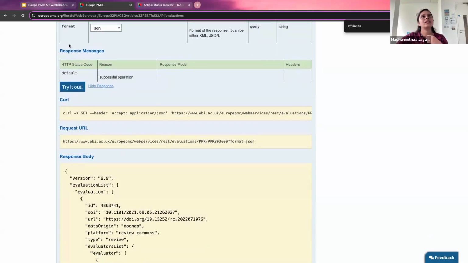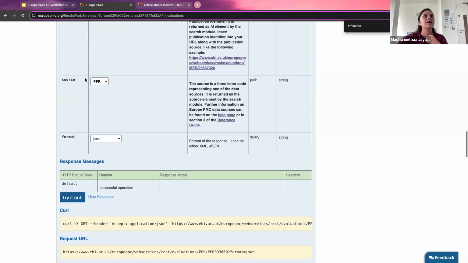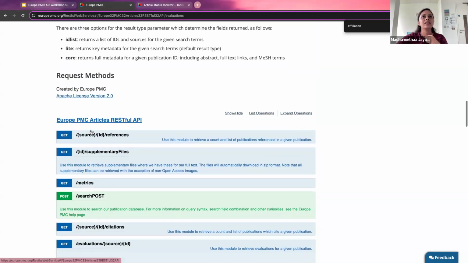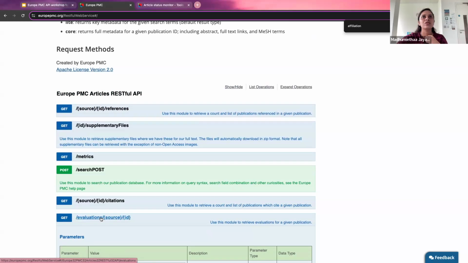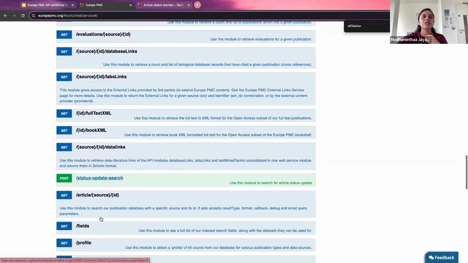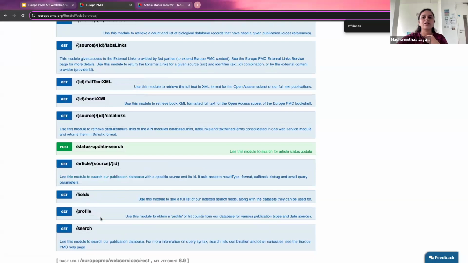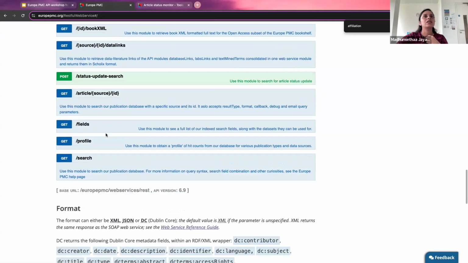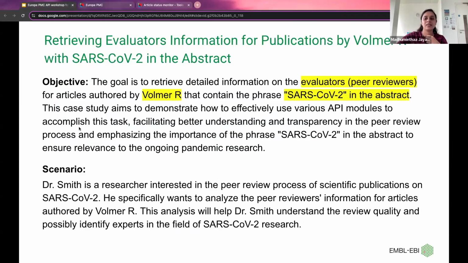So that's it about the peer review information that can be accessed via the API. I think I covered most of the modules. In case not, there will be similar use cases that we can see in the reference document to cover a few modules. And the last use case is